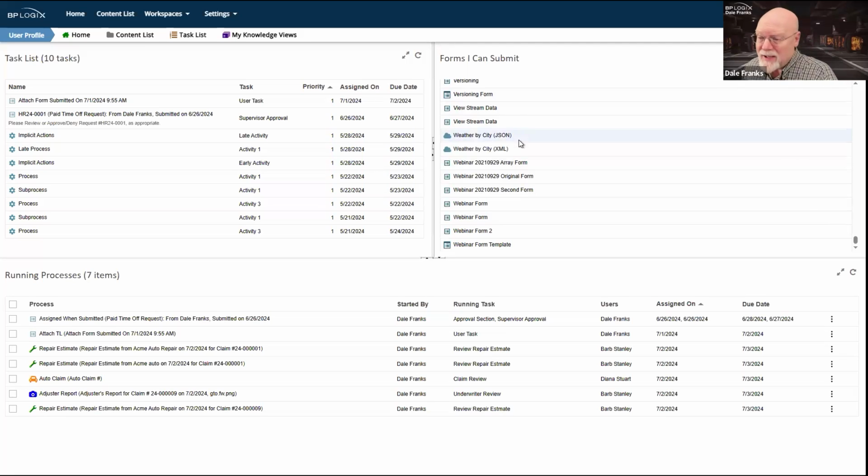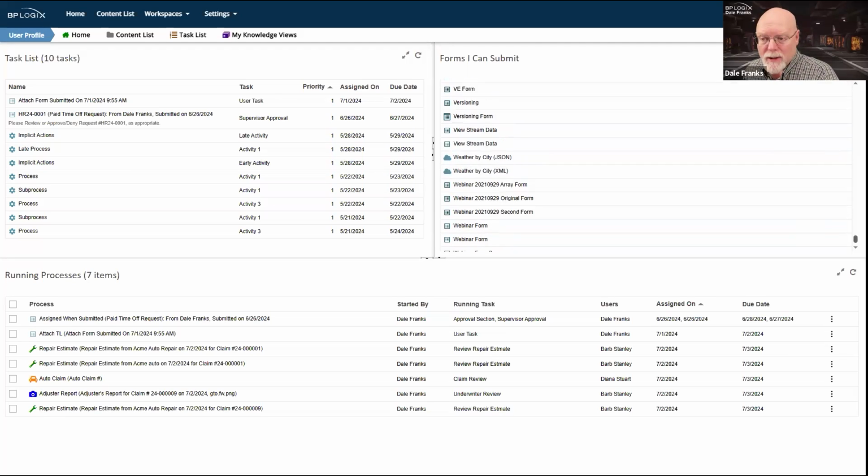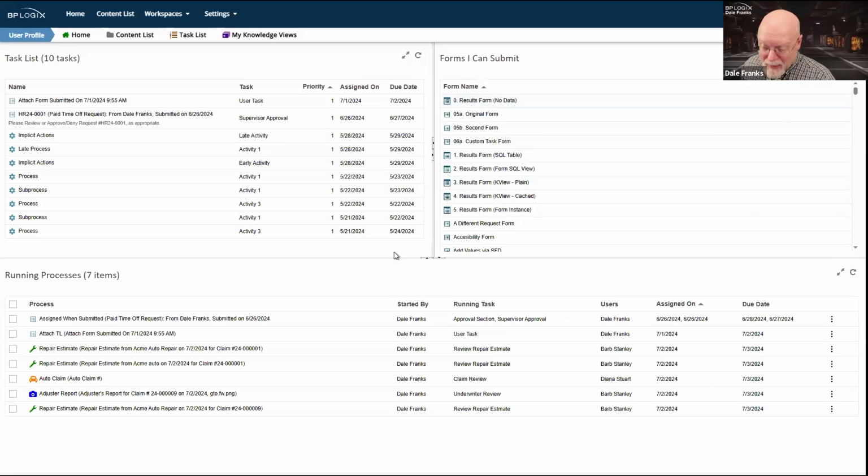In my case, as I said earlier, I've got a bunch of forms that I can submit. So for me personally, this is not useful knowledge, but for a regular user, and this is the other thing, each user may have different sets of forms they need to submit.